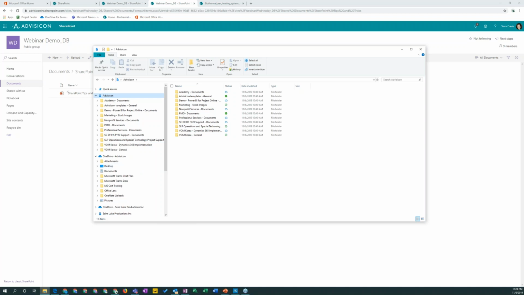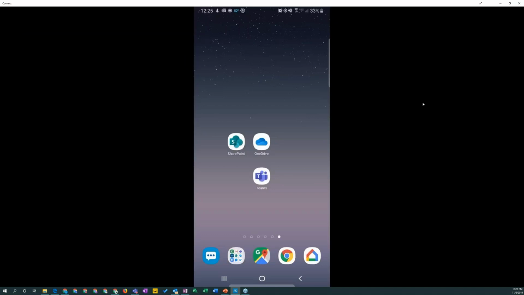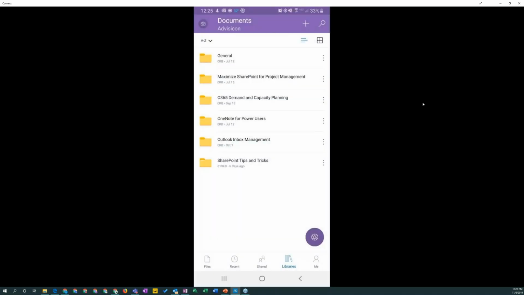Finally, the biggest reason, in addition to any of this, that you would maybe want to have your files connected is the ability to access them via mobile apps. And as soon as I can find this, I'm going to give a quick demo here. As we can see, this is actually a live demo of my mobile device. And we can also see that, similarly to how it functions on the computer, if I go to the OneDrive app,